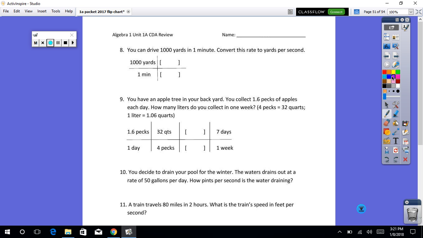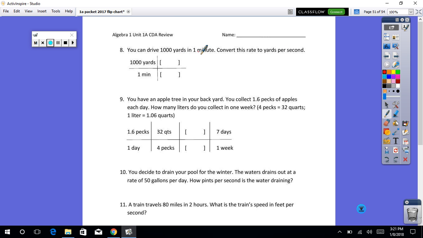Okay, number 8, here comes some more of our conversions. You can drive 100 yards in 1 minute. Convert this to yards per second. So we have 2 different conversions happening, but they can happen at the same time. Okay, let's do our yards first. We are trying to get from yards to,